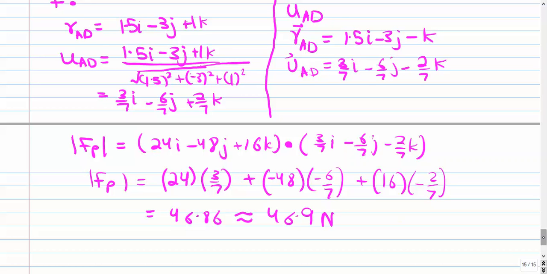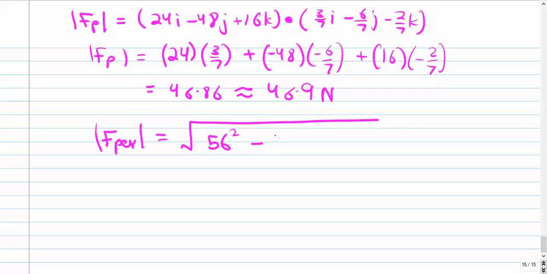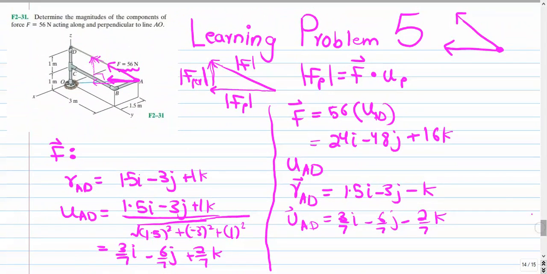Now that we have the magnitude for the parallel component, we can find the perpendicular component to the axis line using the Pythagoras theorem. And once we apply the Pythagoras theorem, I'm going to skip to the last step. We get the magnitude of the perpendicular component is equal to 30.7 newtons. So this question was almost similar to the last question,